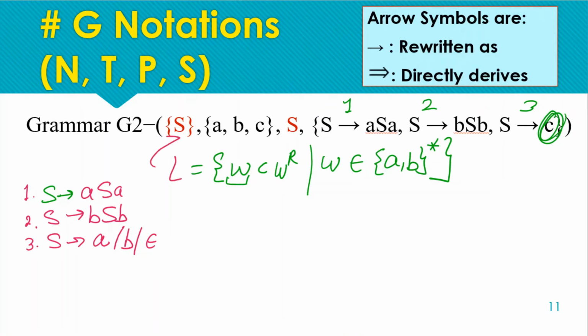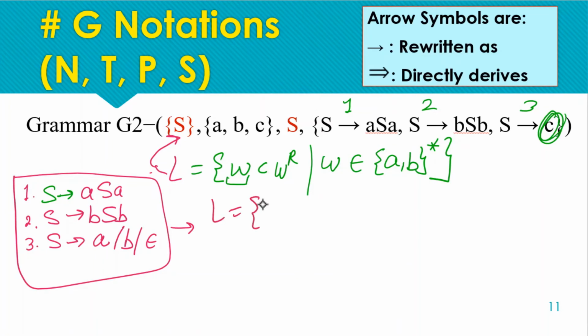This was the language for this. So we can derive the string of even palindrome, odd palindrome, and without having any center point symbol. So the language of this palindrome will be W, and on the right hand side we are having the reverse of the same string, as A on the left hand side and A on the right hand side also. So reverse of the string, and in center we are having an X.